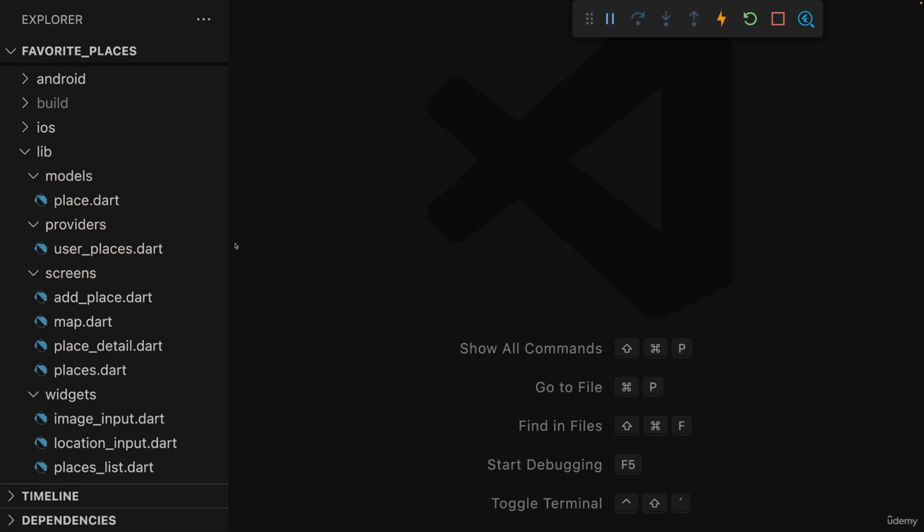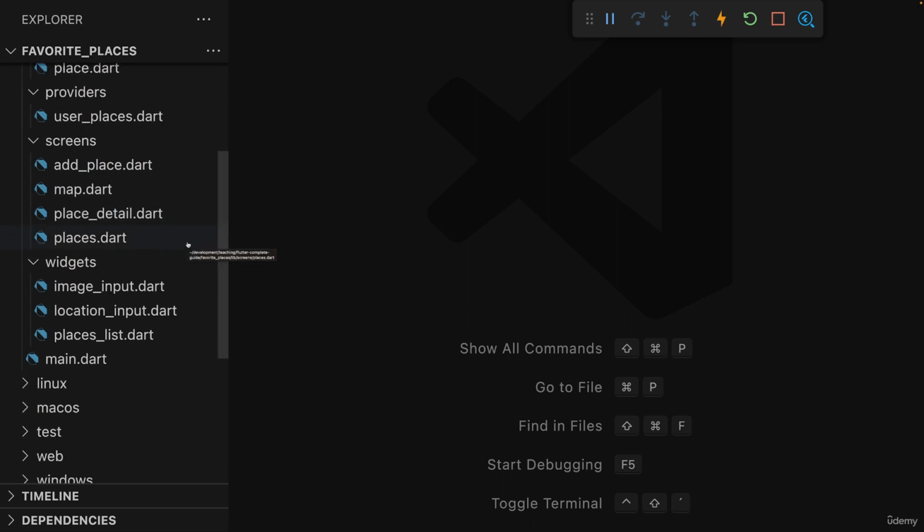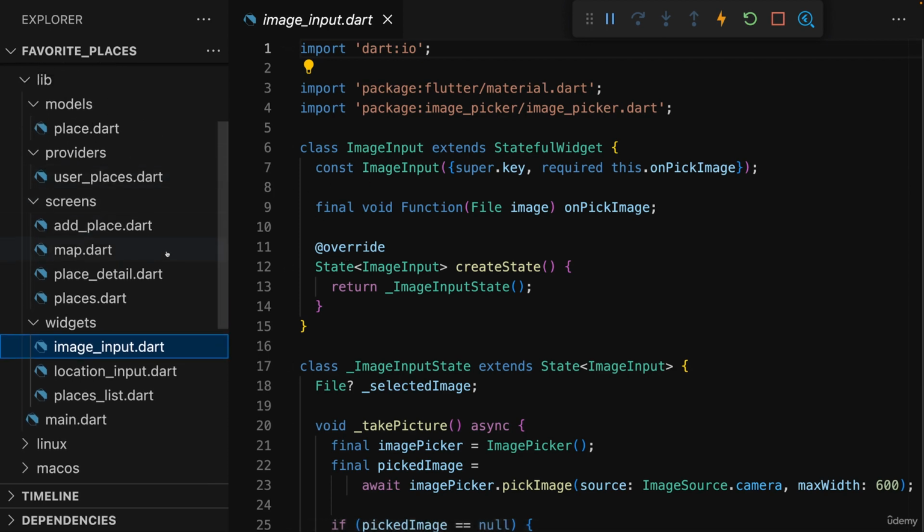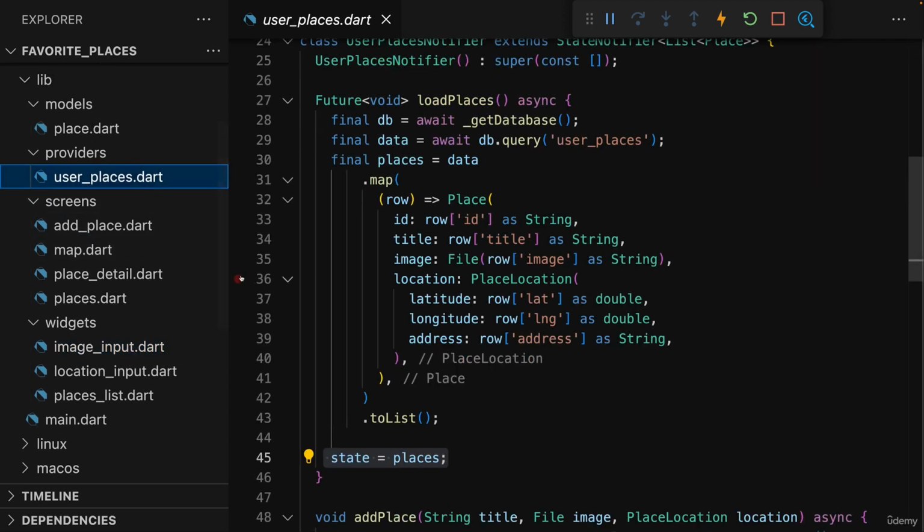And that's it for this section. This was obviously another very long section, but you learned a lot about Flutter and about how to work with native device features. We did not just practice some Flutter basics, like working with widgets or adding such a provider,